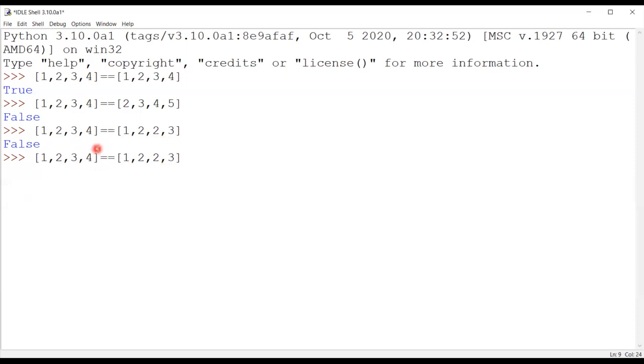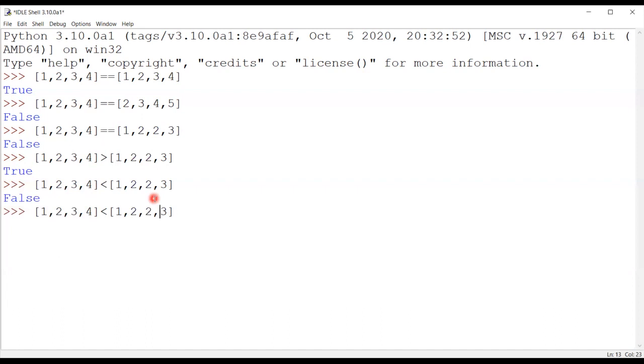Now, if I compare them in this way, right now I am checking the equality. If I check whether it is greater than or not, I'll get the result as true, because my 1 and 1 are both equal, and 2 and 2 are both equal. So there is no less than or greater than. So the interpreter jumps to the third element, and once it compares it, 3 is greater than 2. So I get the result as true. Similarly, if I place a less than sign in place of greater than, I'll get the result as false, because 3 is not less than 2.